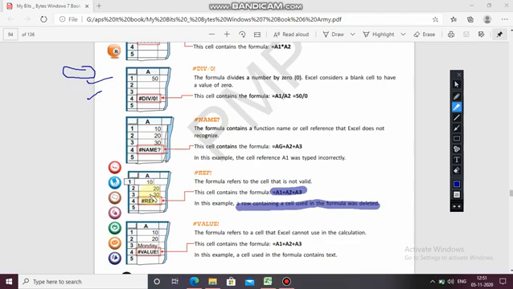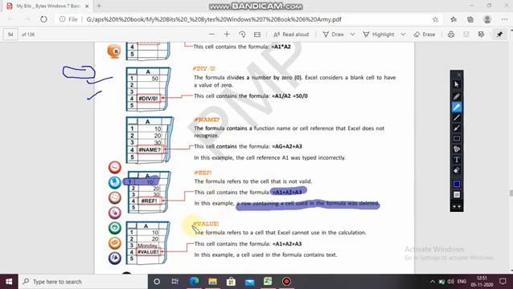By mistake, you had deleted the row. So what happens? It will give the error reference value. Means this cell is not valid. This cell contains the formula and this cell is not valid. A1, A2, A3. So this also you can use in Excel and see it.